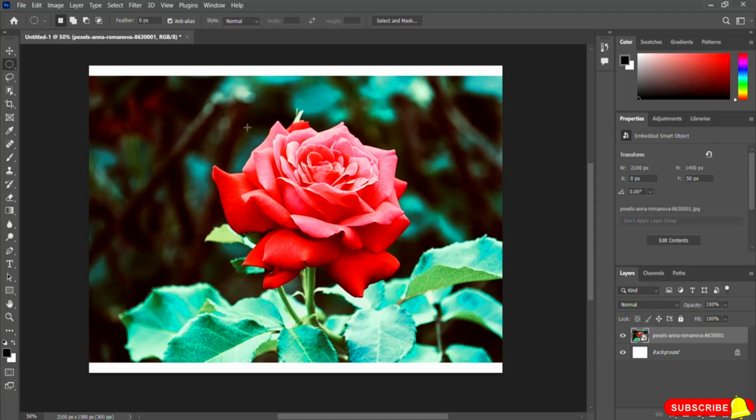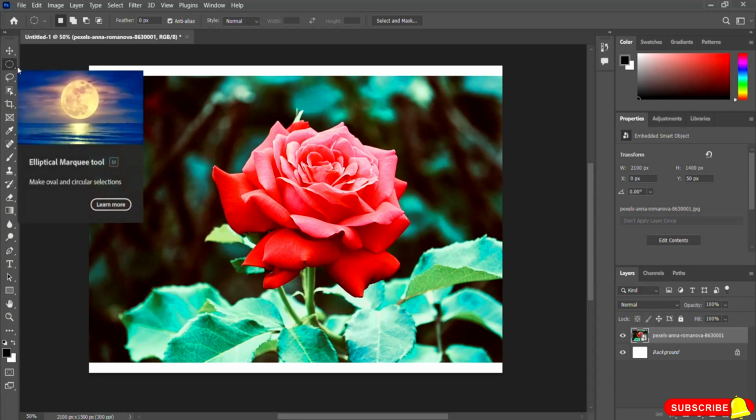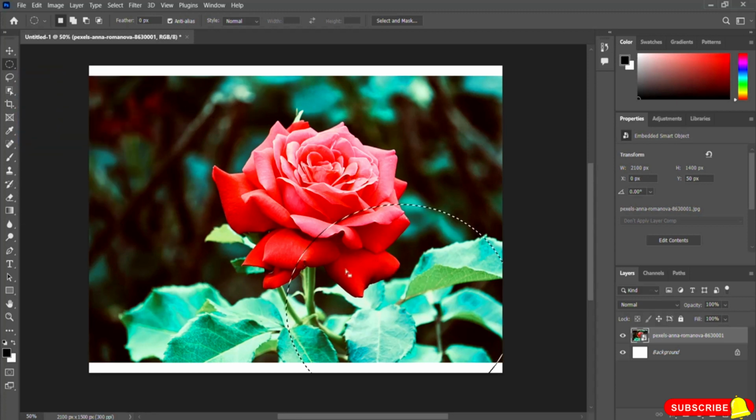If you need to make a selection for any specific area for coloring or for some kind of editing, in that case you have to use this Rectangular Marquee tool or Elliptical Marquee tool. So this is just for selecting. So I hope you got the idea. Okay,